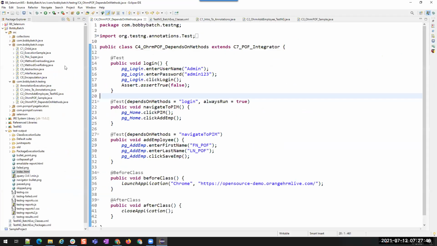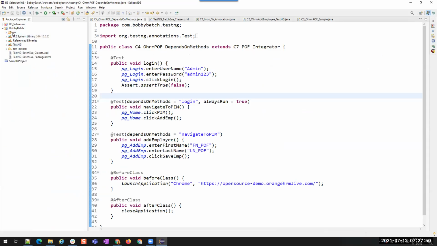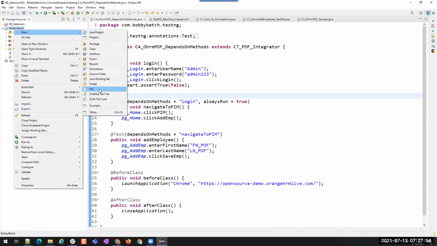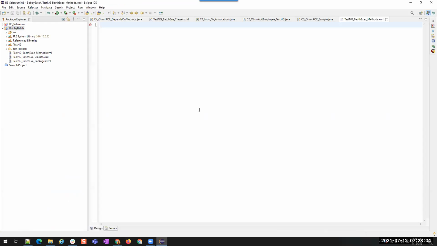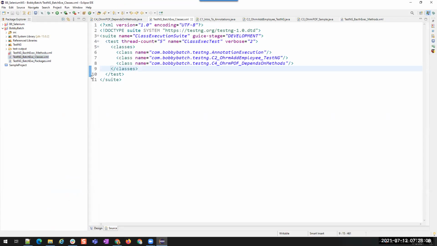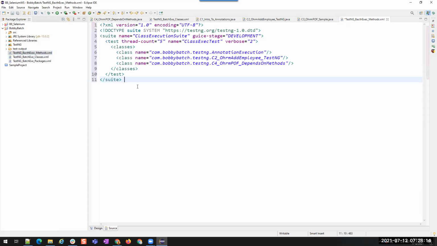Okay, I'm going to create another XML file. Okay, we have this methods.xml. Now I need these classes and copy this inside the methods.